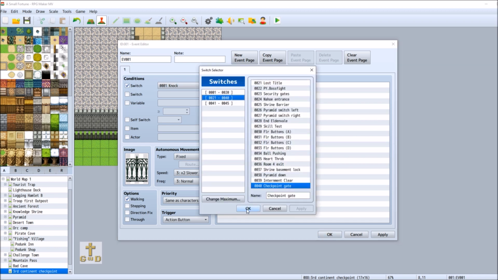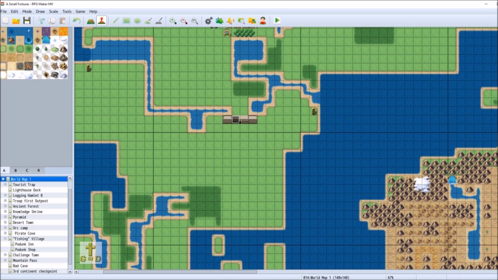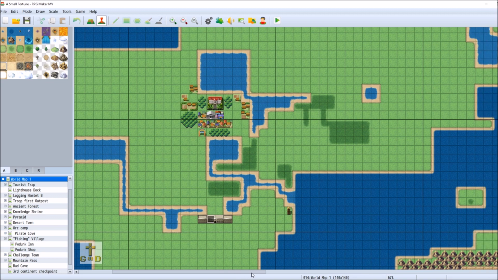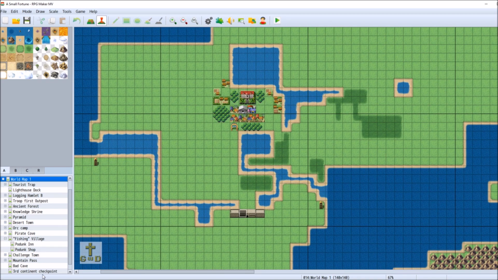This is the gate, and it needs to be on. New event page with the gate switch off. Checkpoint gate. I need to name the checkpoint gate. There we go. Apply. Good. Great. Fantastic. Yeah. So after the events of the Skill Shrine City, if they try to come back down through here, they'll be locked in. That will lead to the next location. But for now,